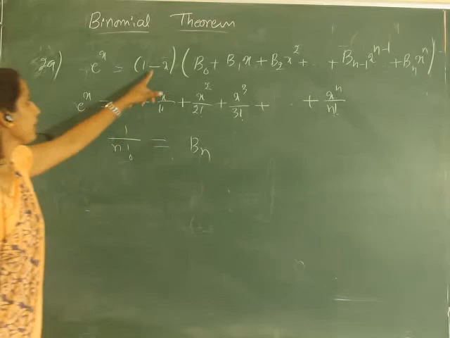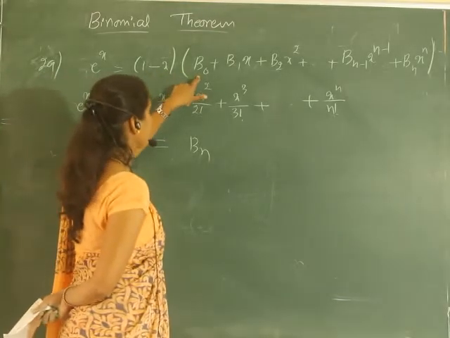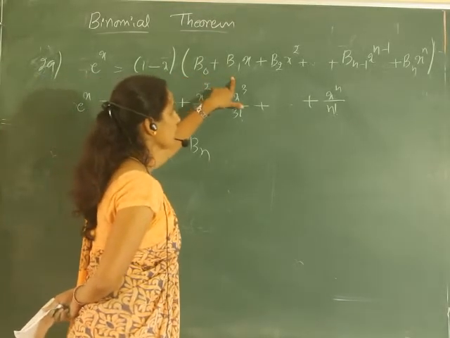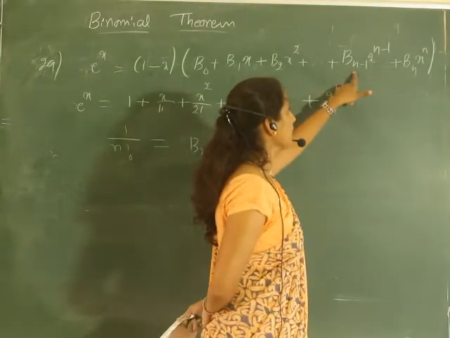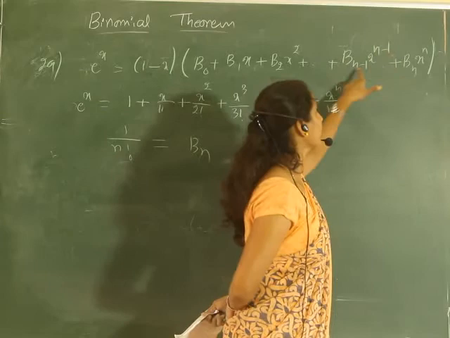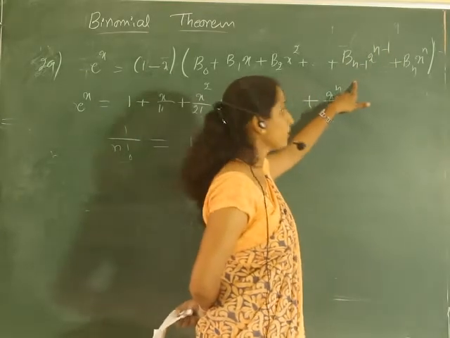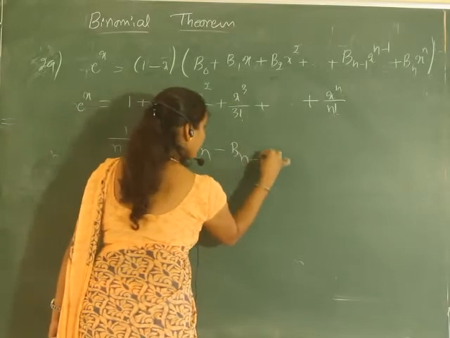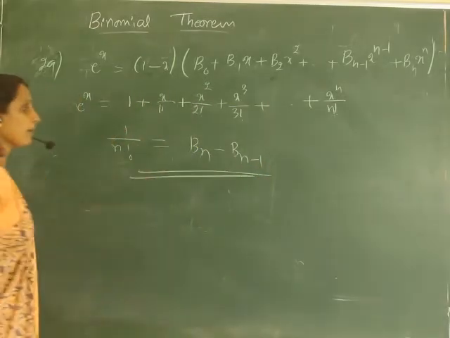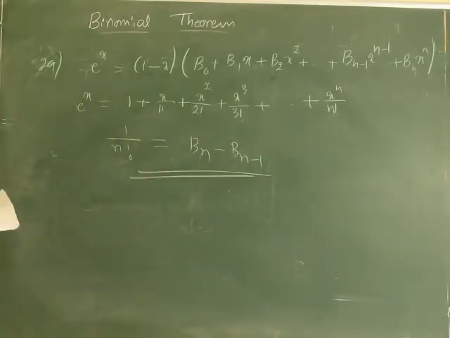and when we multiply by minus x, here b0 x minus b1 x square minus b2 x cube, so this term becomes minus bn minus 1 x to the power n. So again this is also the coefficient of x power n, but it is minus. Therefore bn minus 1 is 1 by n factorial, that is in option B. So 29th is option B.